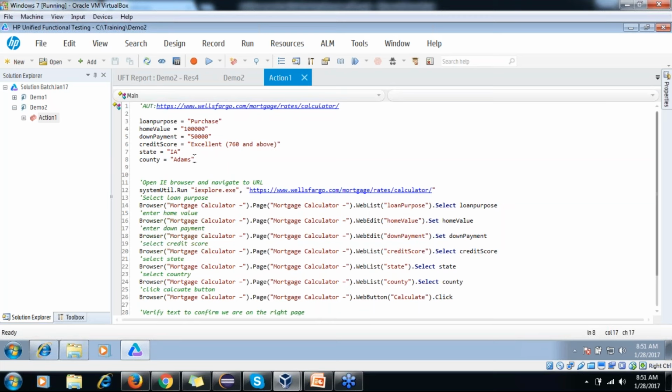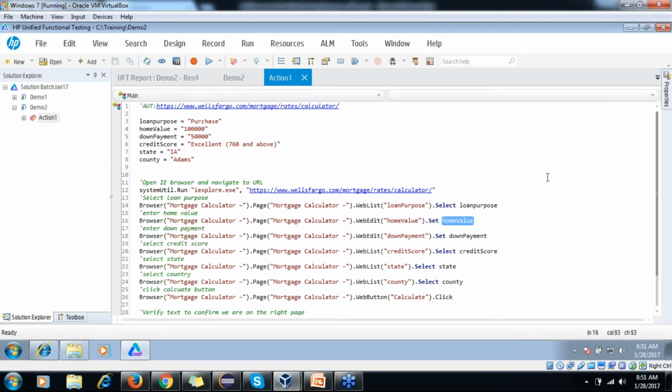Do you see why parameterizing your test will help you validate with different data sets? In coming sessions we'll see how we can parameterize our test using Excel, and we'll read input from Excel. We'll assign those values here where we want to use them. This way you will learn how to parameterize a test.